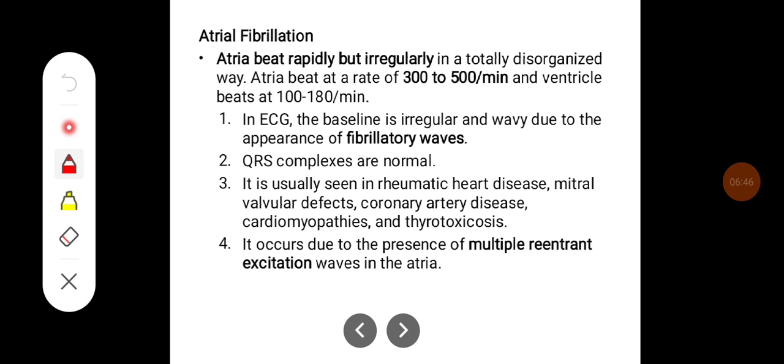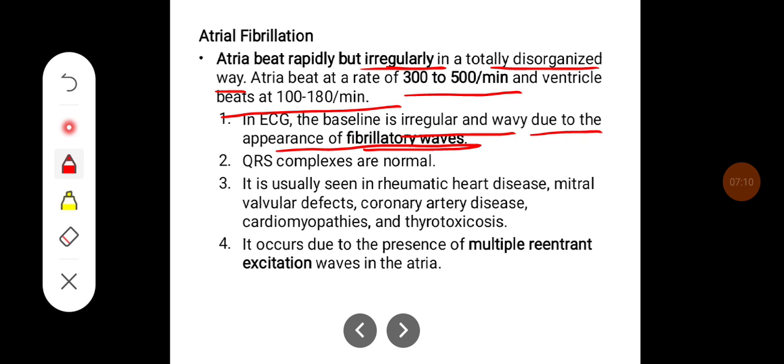Atrial fibrillation is where the atria beat rapidly but irregularly in a totally disorganized way. The atria beat at a rate of 300 to 500 per minute and the ventricle beats at 100 to 180 beats per minute. In ECG, the baseline is irregular and wavy due to the appearance of fibrillatory waves. QRS